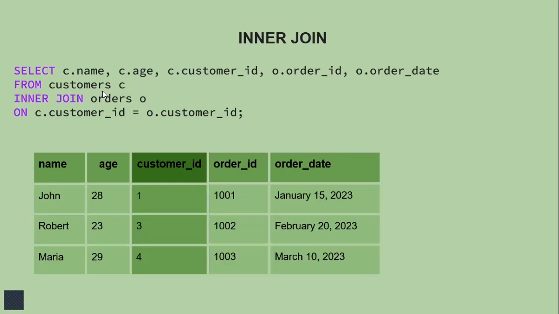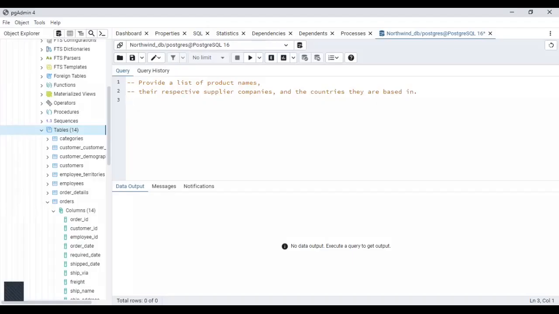So with the inner join, we were able to combine related data from multiple tables. Now I have here an exercise that we can use to practice our inner join. So the question is, provide a list of product names, their respective supplier companies, and the countries that they are based in. Sometimes you might not be able to tell right away which tables you need to use,